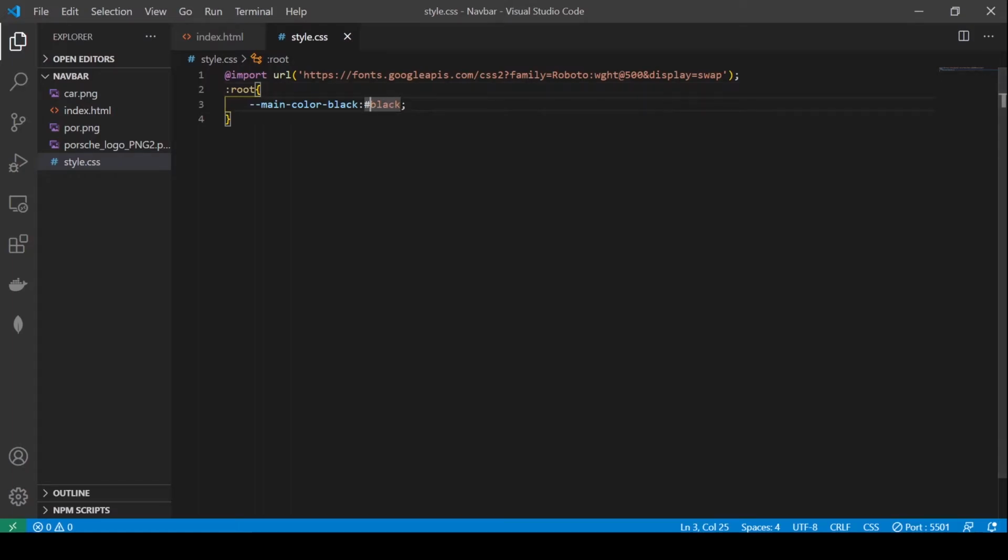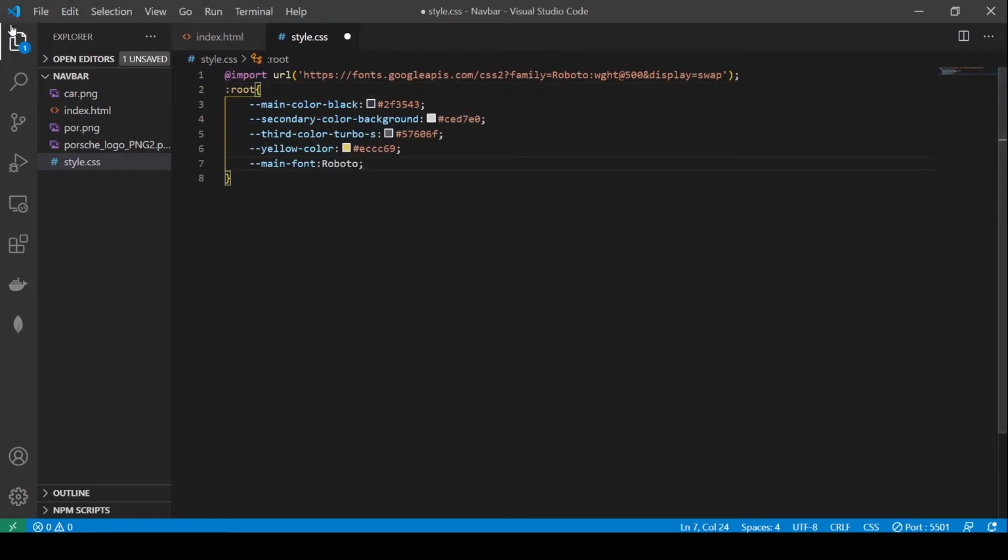So I'll assign it my color. I went to Photoshop and will be assigning specific colors according to our design. There you go. Next, let's assign a secondary color, a third color for turbo hash, and a yellow color. And this one is the main font, meaning I have set Roboto as the main font which has been imported from